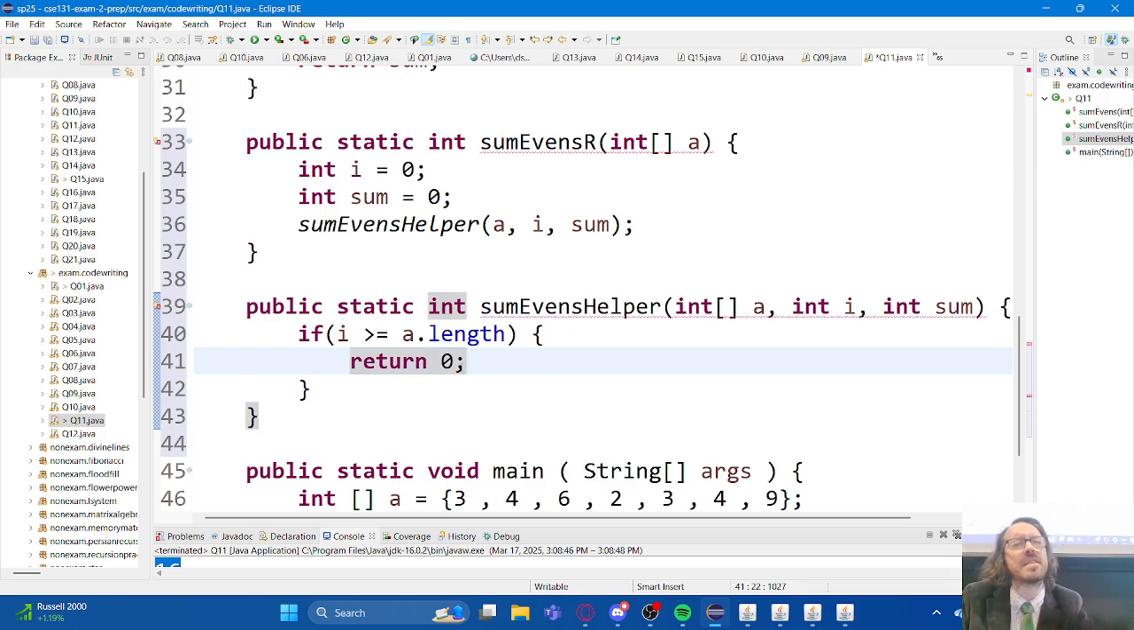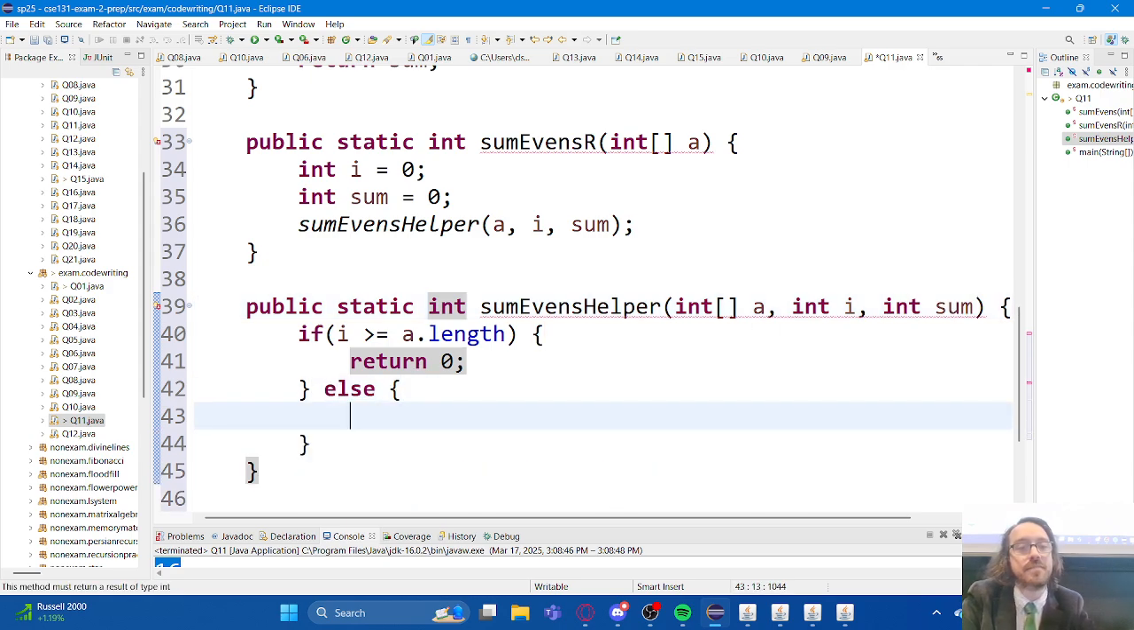Actually, let me think about this for a second. Do I even need this parameter? I'm not sure I even need this parameter, do I? Let me keep going, and I might actually be able to simplify this a little bit now that I think about it. Otherwise,